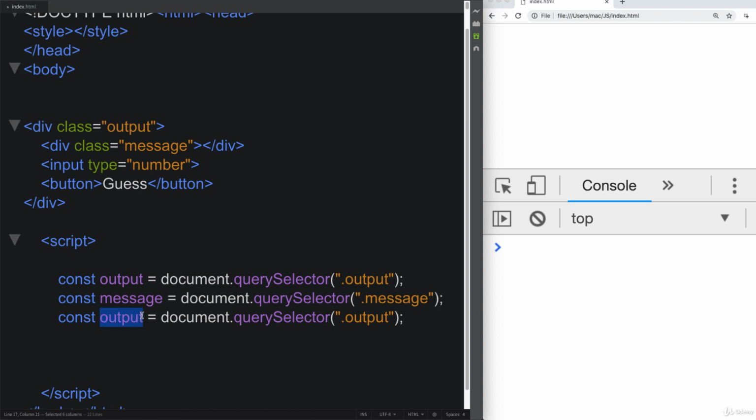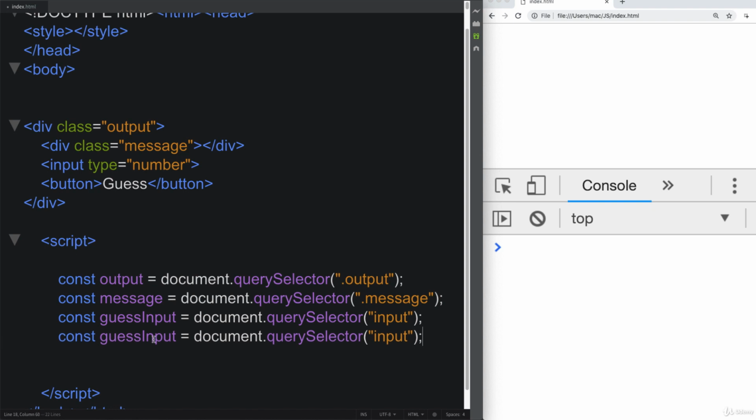This is our input, so this is essentially what the user is going to guess, and let's call that guess input. We're selecting it via the input tag, so we don't have to be more specific because we only have the one input. If you had more than one input, you could select it by the name. You could add in a name in order to distinguish it, and you can also select it by the type as well. Also a button, and we only have one button tag, so we can use the query selector button